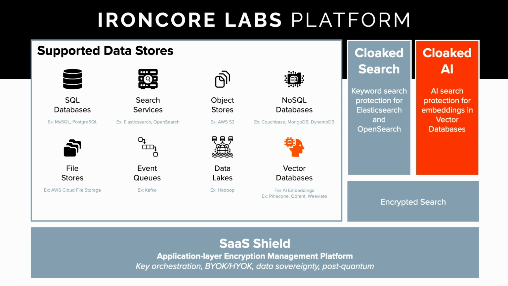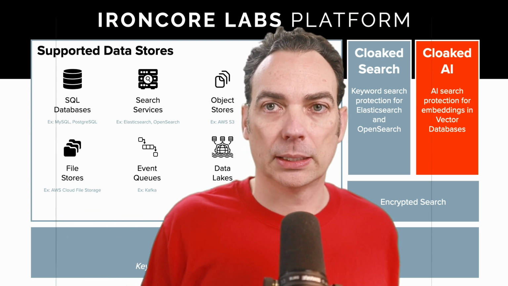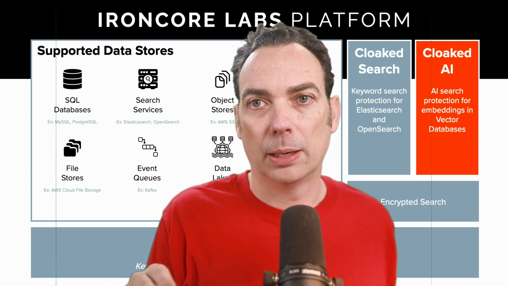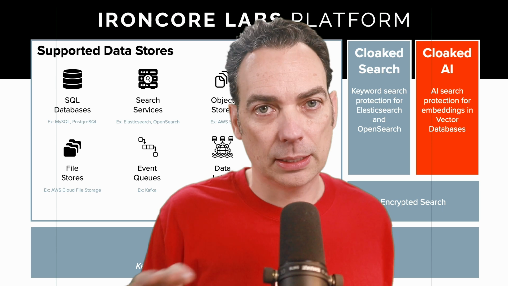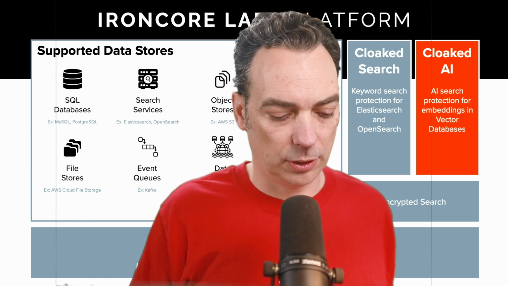That's part of a much bigger platform that does application layer encryption, key management, etc., which you can use all together. This is a great way to protect data in cloud applications no matter what by combining these things. Or the Cloaked AI, that is to say that IronCore Alloy library, can be used standalone. It doesn't have to use any kind of service, totally offline, and of course it's open source and available.